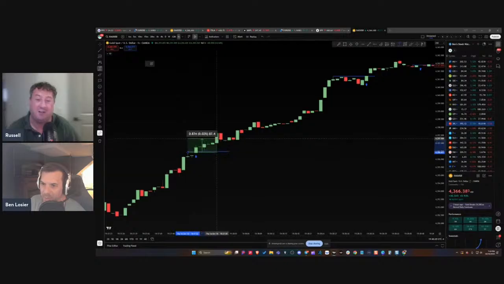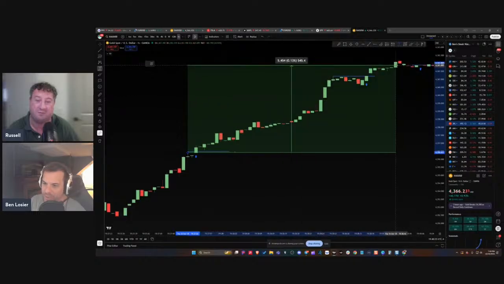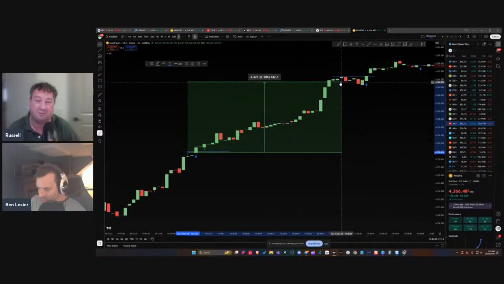That's a little 0.02% up. There you go. But you could even do something where you get in with this and then just let it ride, with a trailing stop loss and stuff.